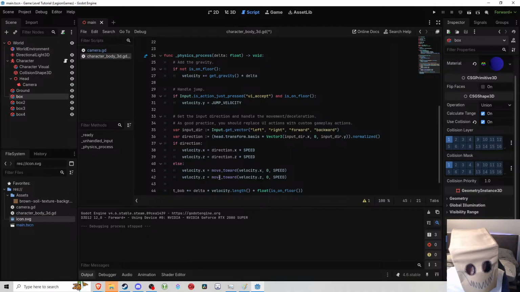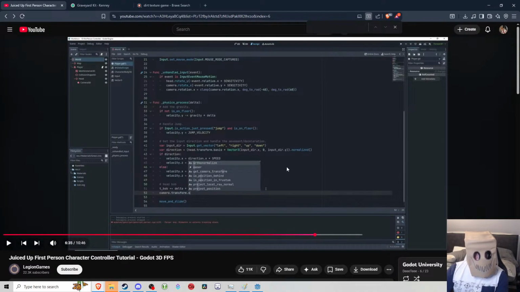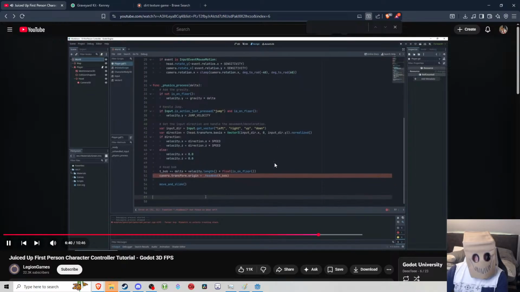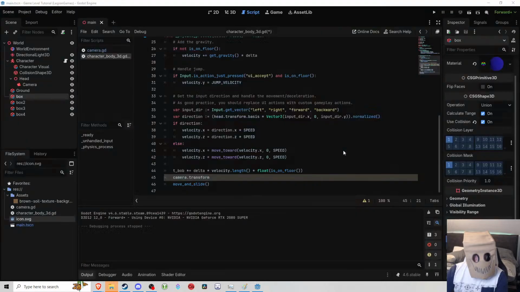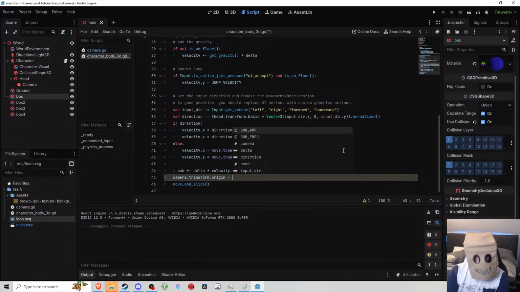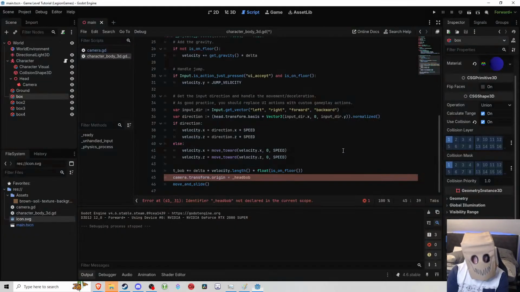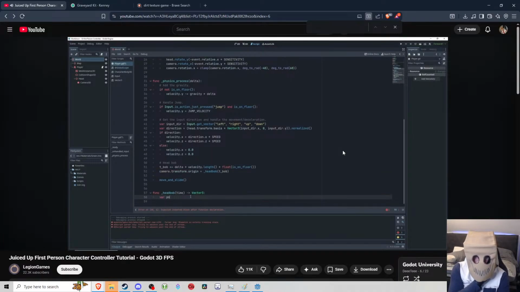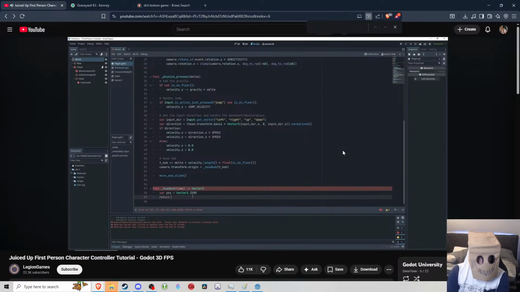We can then assign the position of the camera to the result of the headbob function that we will pass the tbob variable to. Let's code this function real quick. It will return a vector3 variable that we are setting the camera position to within the physics process. Initially, this vector3 is